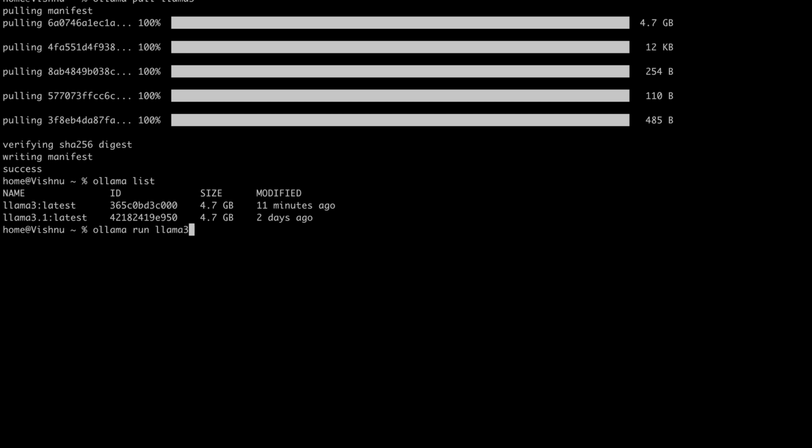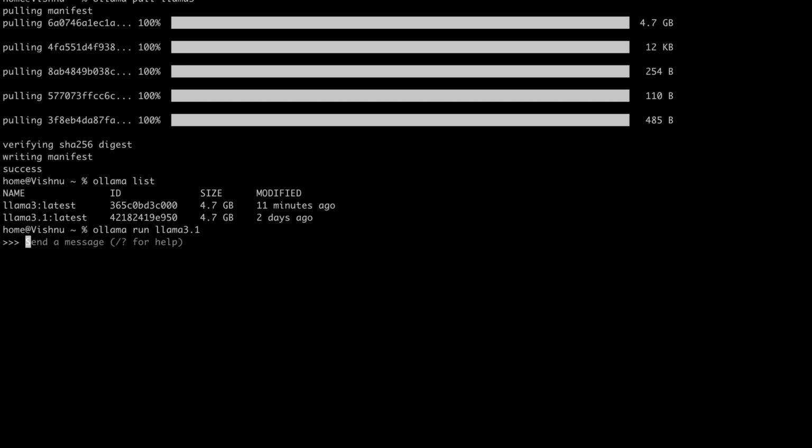Let's run Llama 3.1. So as you can see, it's firing up over here. It does take a lot of resources, so that's why I recommend using the smaller models. The whole point here is to get you used to the interface and get used to how to use the AI components, the different tools. Okay, we're ready to go.